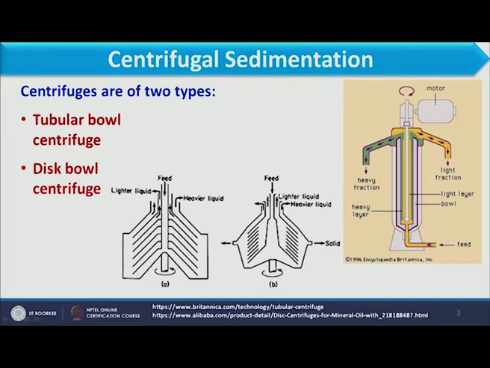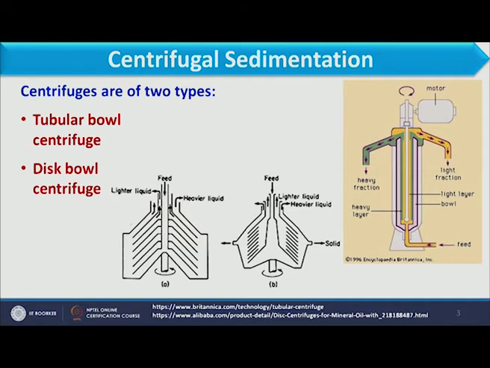So, here is another diagram we have. This is again another example of the disc bowl centrifuge, where liquid is collected from the inner section where discs are available, and solid and heavier liquid is collected at the outer section of this disc, whereas lighter liquid we have taken from the center. Now, solid which is deposited over here, that we can take out. So, here we basically have the separation of solid and liquid, and separation of heavier liquid as well as lighter liquid.